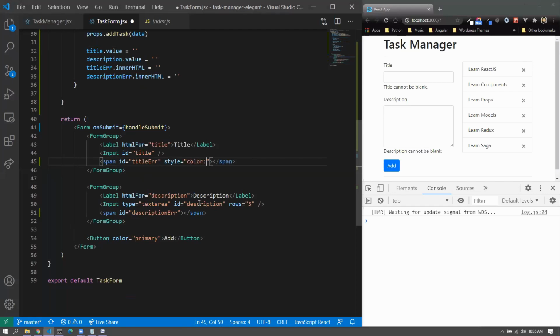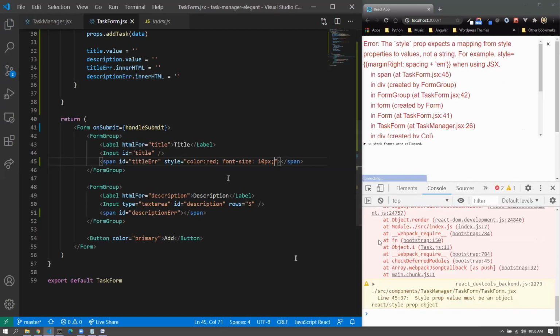Color red. Okay. And font size to be smaller than what it is right now. So font size maybe 8 or 10 pixels or something like that, right? I believe this style is something that would work, right? Everyone is clear on what this style is. First of all, this is just normal CSS that we are using. All right. So if I save it, you can see that right away